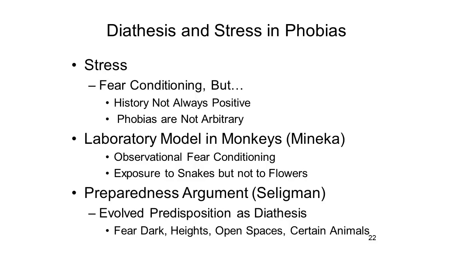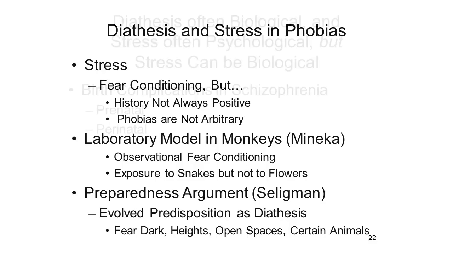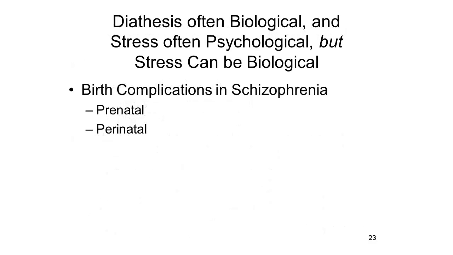But the evolved predisposition to become afraid of things like dark and heights and open spaces and snakes and spiders, that functions as a kind of diathesis. It sets the stage. It renders us vulnerable to acquiring these fear responses, including the pathological fears that constitute our phobias. Now, so far, we've characterized the diathesis factor as biological in nature, a genetic predisposition, a bacterial infection, or